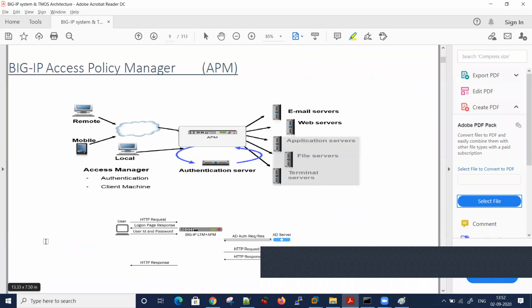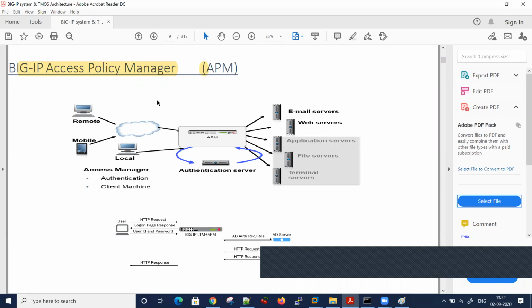Then there is one module called Access Policy Manager, also the BIG-IP APM module, which is one of the modules in F5. The advantage of APM: have you heard about single sign-on solutions and multi-factor authentication, like RSA and all? This is where Access Policy Manager comes into the picture, where I want the login to be successful first, and only then should the request go to my server.